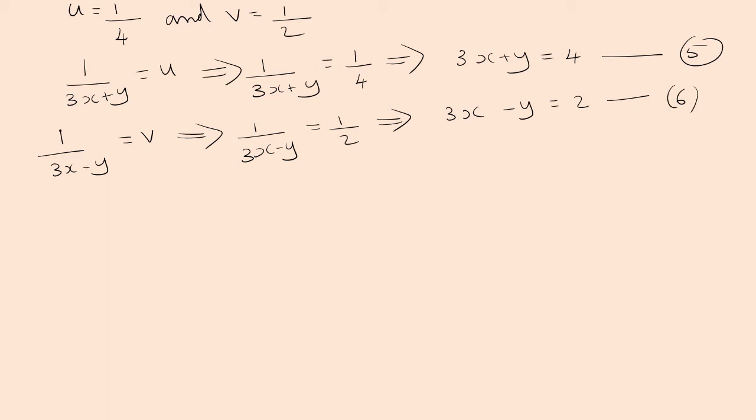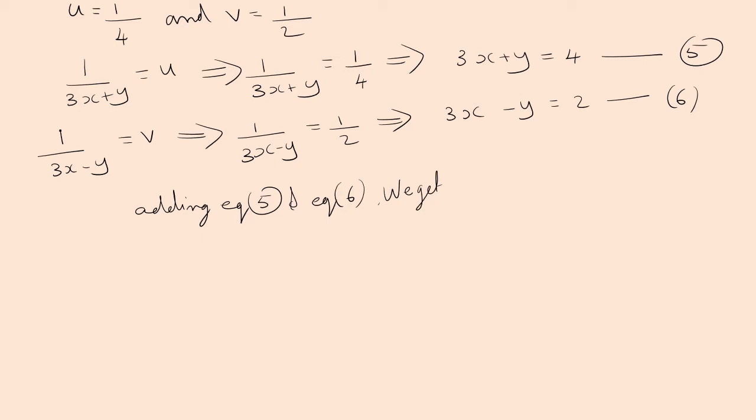Now, in equation 5 and 6, you are having two variables x and y. So, by using any of the algebraic methods, you can solve the equations and get the values of x and y. Here we can see that the coefficients of the variable y are same and of opposite sign. So by adding the equations, we can eliminate y. So the next step you have to write is adding equation 5 and equation 6, we get